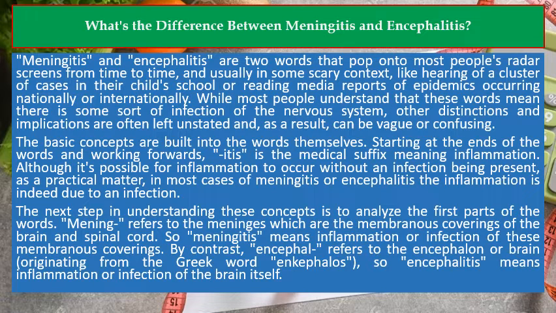The next step in understanding these concepts is to analyze the first parts of the words. Mening refers to the meninges, which are the membranous coverings of the brain and spinal cord. So meningitis means inflammation or infection of these membranous coverings. By contrast, encephal refers to the encephalon or brain, originating from the Greek word enkephalos, so encephalitis means inflammation or